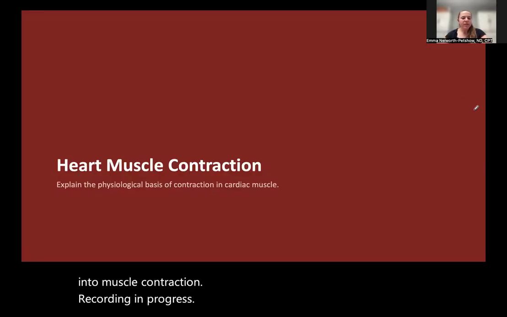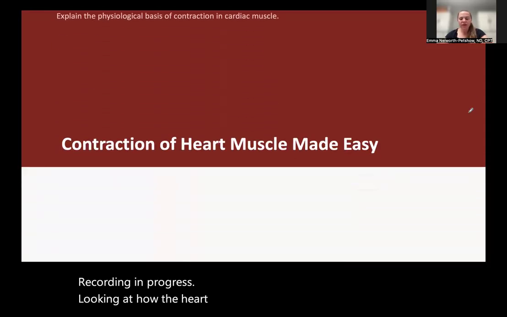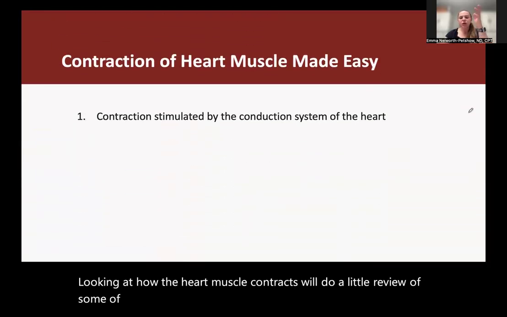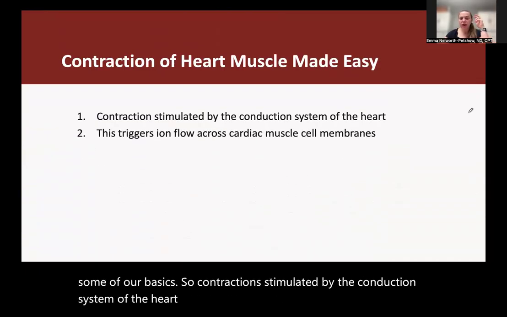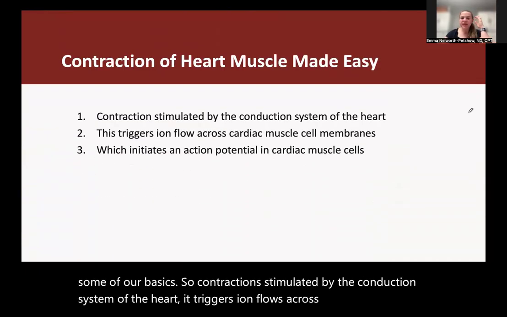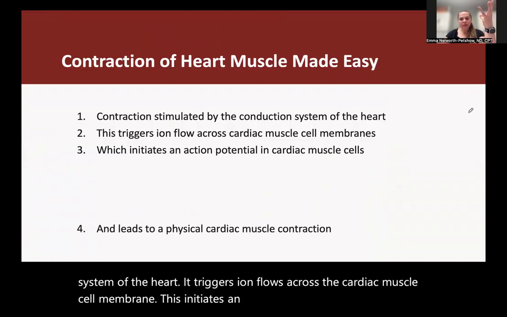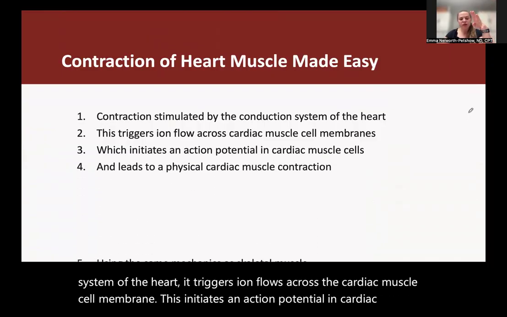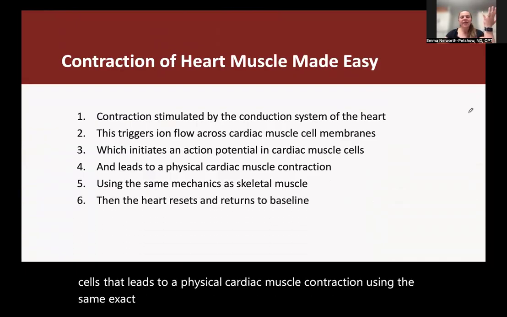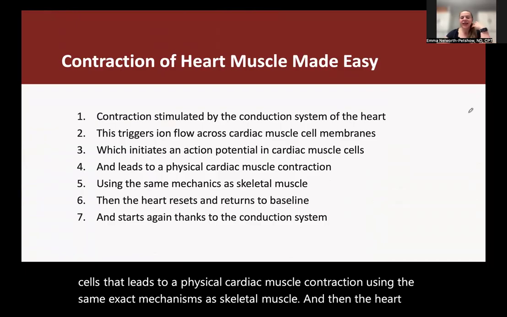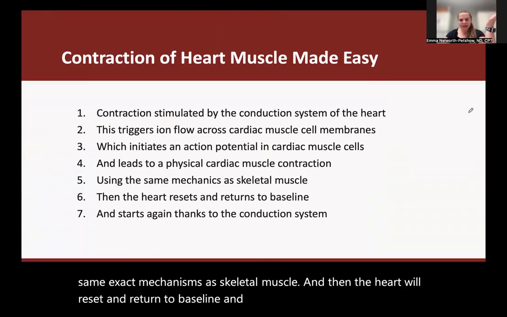Looking at how the heart muscle contracts, we'll do a little review of some of our basics. So, contraction is stimulated by the conduction system of the heart. It triggers ion flows across the cardiac muscle cell membrane. This initiates an action potential in cardiac muscle cells that leads to a physical cardiac muscle contraction using the same exact mechanisms as skeletal muscle. And then the heart will reset and return to baseline and start again on its own thanks to the conduction